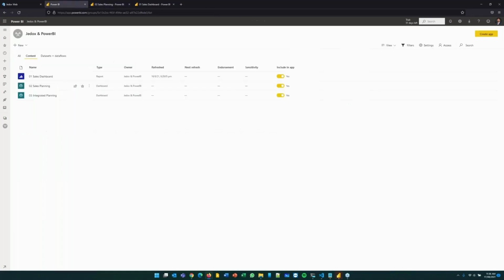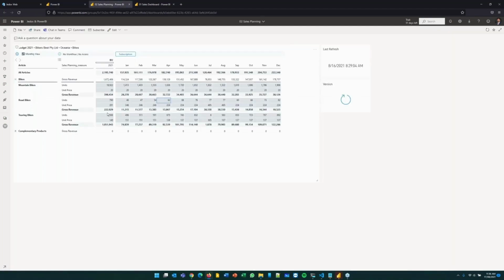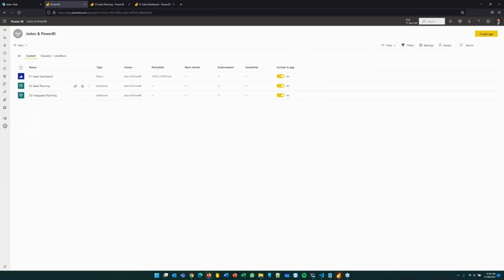So if I go back to here, you can see I have my dashboard, I got my planning template, and I can do even more things now, right? It's not just about doing a simple planning as I was doing here, but I can do more advanced planning. And what I'll do is I'm gonna open this one, the integrated planning. And again, similar to what I showed you before,